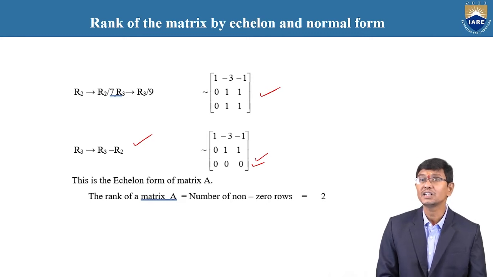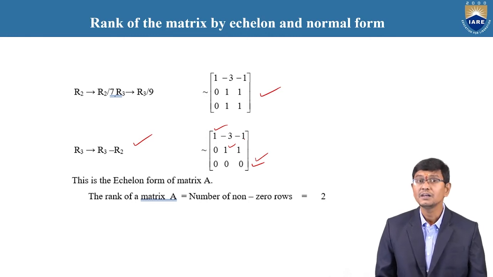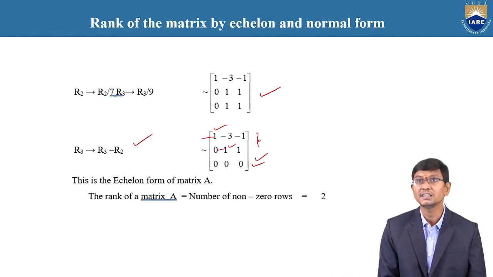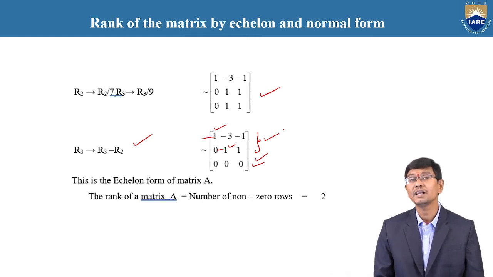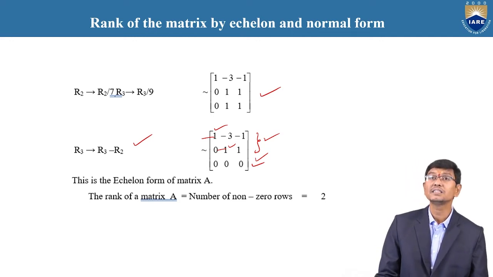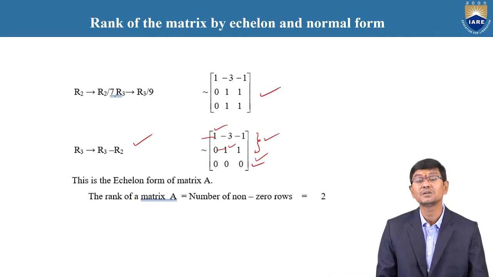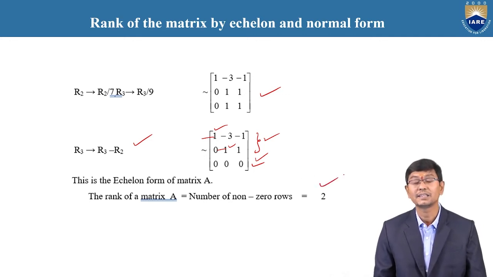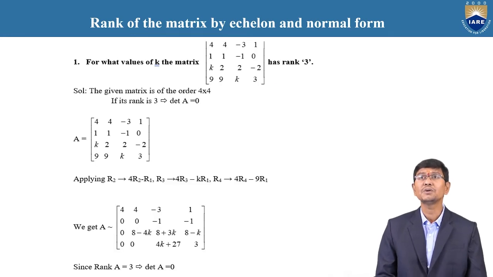And again the second condition, the first non-zero element is a 1 value, is also clearly satisfied. And the third condition, before the non-zero element there are zeros in the rows below, and is also clearly satisfied. Therefore, finally the three conditions are satisfied, so we say the given matrix is in echelon form. According to this, the rank of a matrix is the number of non-zero rows in the echelon form of the matrix, which is 2. Therefore, the rank of the matrix is 2 only. Now we'll discuss one other.